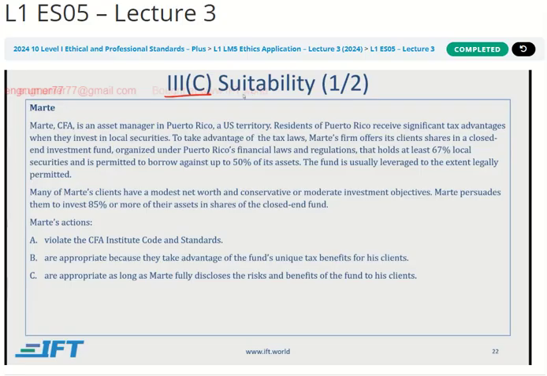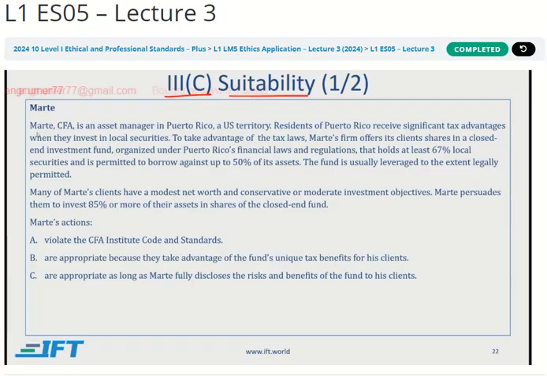Moving to standard 3C, suitability. Now, this is a fairly long standard, so I want you to read this on your own if you don't fully remember it. But the basic idea with suitability is that investments should be made which are suitable for the clients, given the risk profile of the clients. So that's one aspect. The other aspect is that if you are a portfolio manager overseeing a fund, then the investments that you make should be in line with the stated mandate of the fund. So that's a high-level summary of this particular requirement.